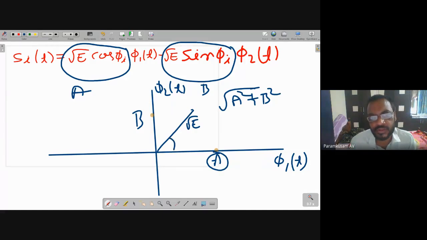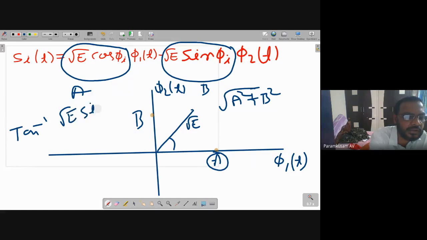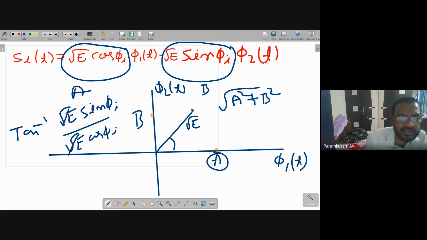దీని ఫేజ్ యాంగిల్ ఎంత అవుతుందో చెప్పండి. ఫేజ్ యాంగిల్ tan ఇన్వర్స్ ఆఫ్ b బై a కదా. ఇక్కడ మైనస్ సైన్ నెగ్లెక్ట్ చేయండి, ఓన్లీ జస్ట్ మ్యాగ్నిట్యూడ్స్ తీసుకొని చేయండి, తర్వాత మైనస్ కన్సిడర్ చేద్దాం. b is equal to √E sin πi, a is √E cos πi. √E cancel అయిపోతే sin θ by cos θ ఎంత? tan πi. అంటే దీని ఫేజ్ యాంగిల్ πi. ఓకే, సో